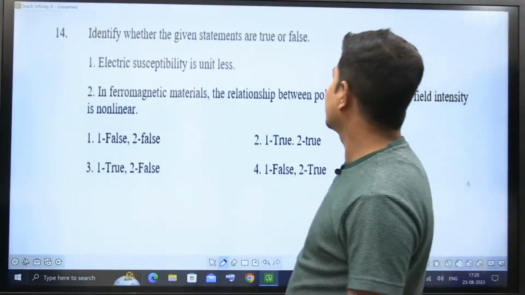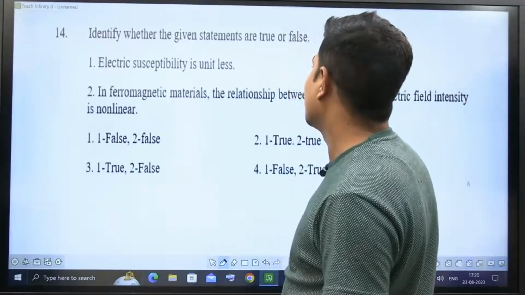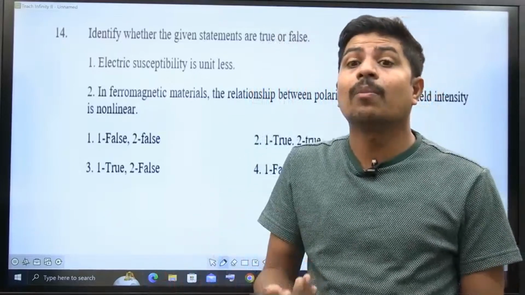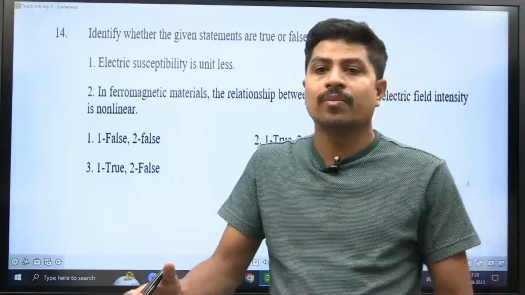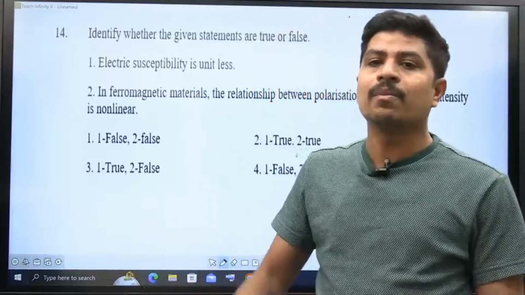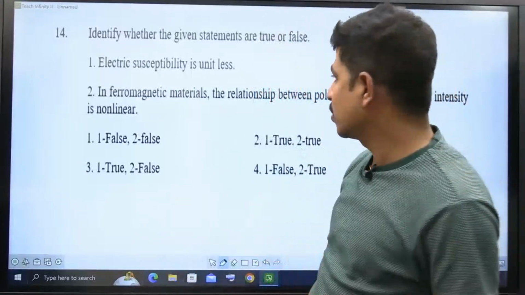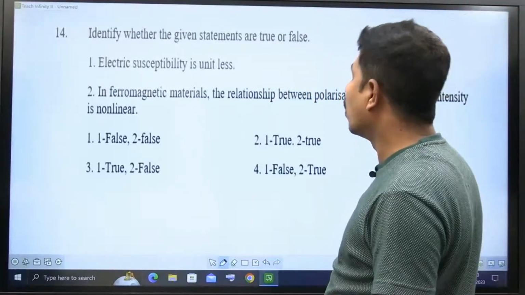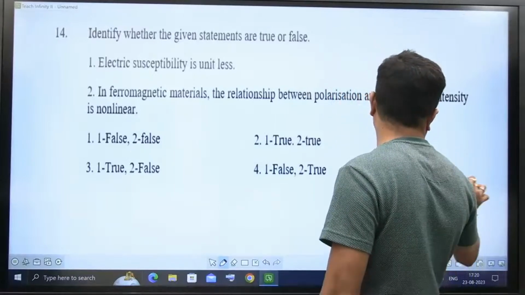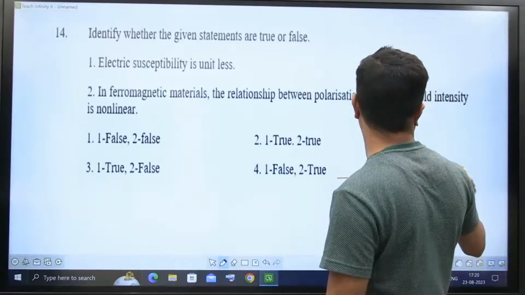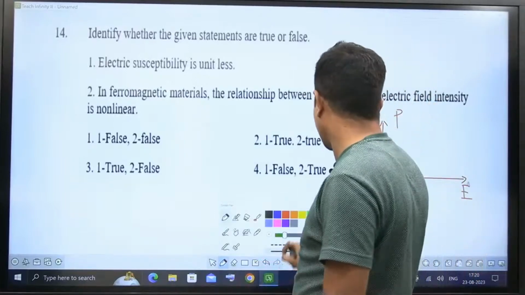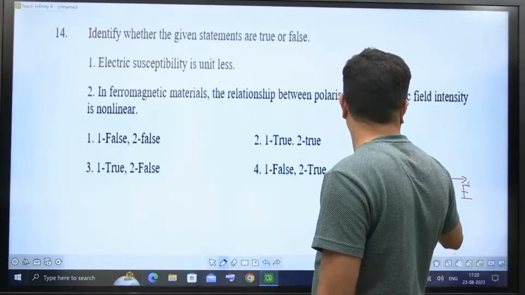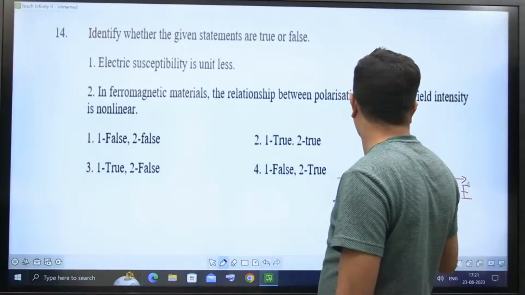Identify whether the given statements are true or false. Electric susceptibility is unitless. Yes, it is unitless. What is electric susceptibility? If you apply an electric field, how much of the material is getting polarized is given by this electric susceptibility, that is unitless. Next, in ferromagnetic materials, the relationship between polarization and electric field intensity is non-linear. That is also true. If you draw polarization versus electric field intensity, it is similar to the BH curve